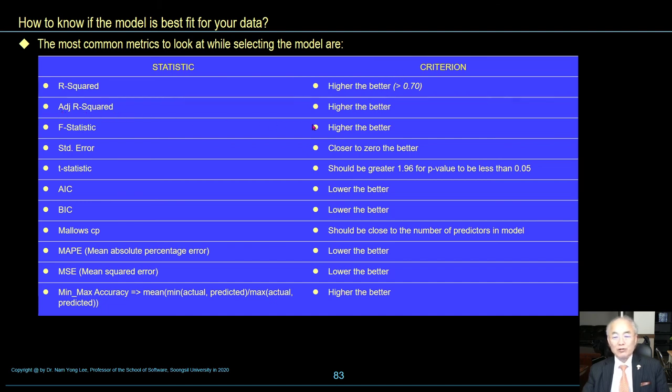Adjusted R-squared 마찬가지, higher the better. F statistic, higher the better.